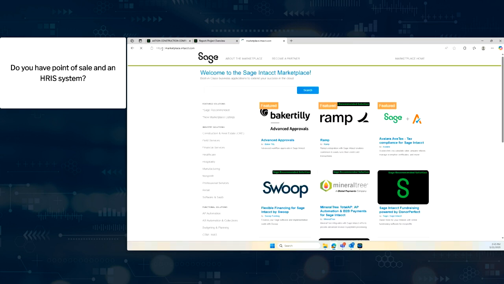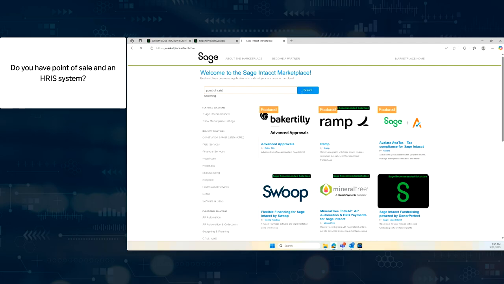If you go to marketplace.intacct.com, it will pull this up, and you can go in here and put things in like point of sale, and you will actually find